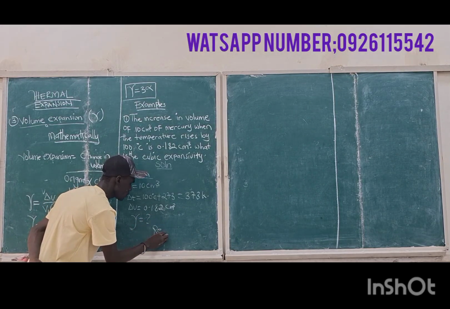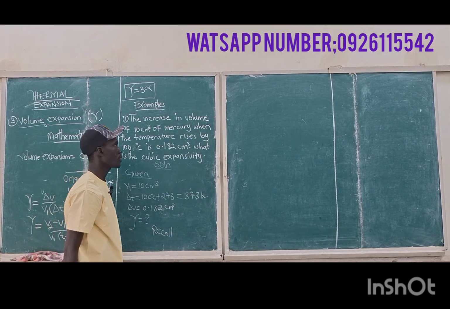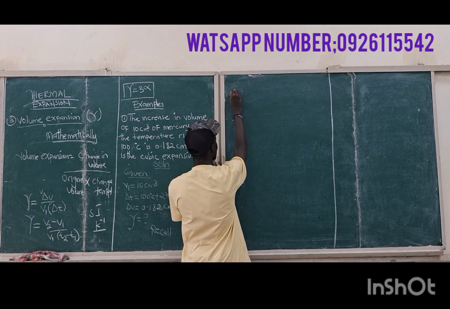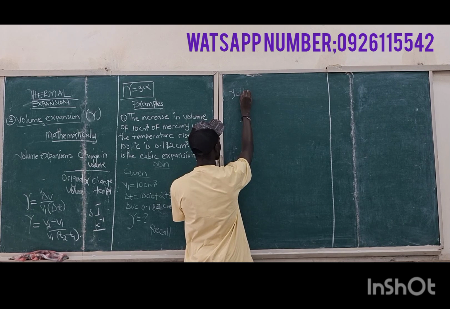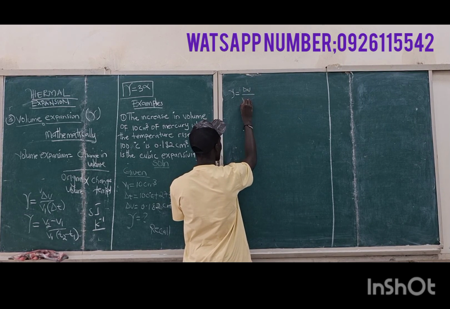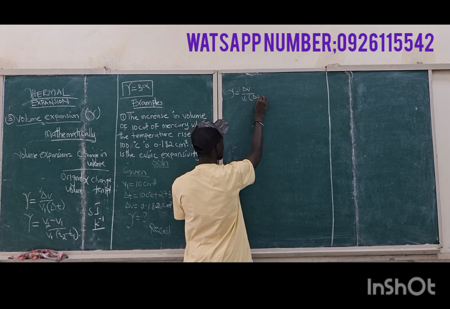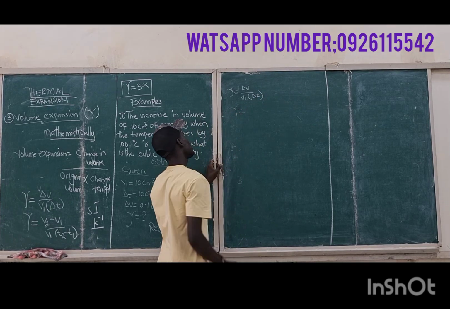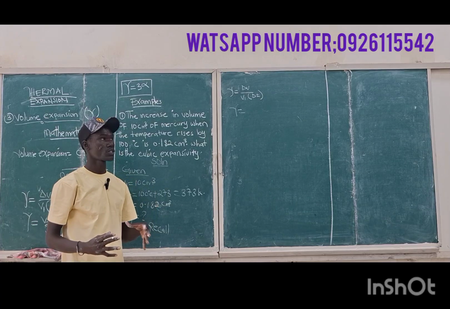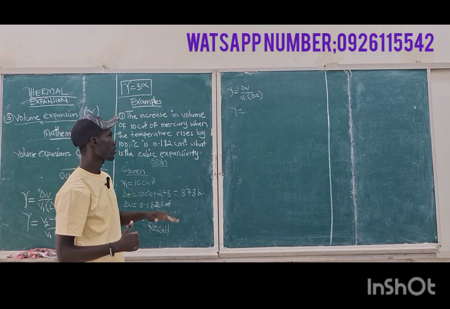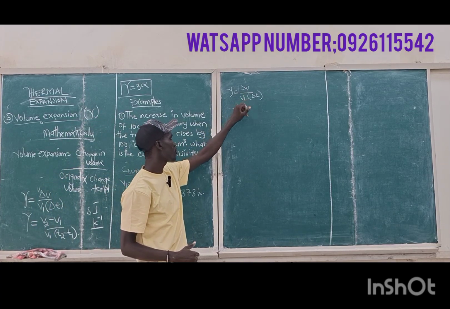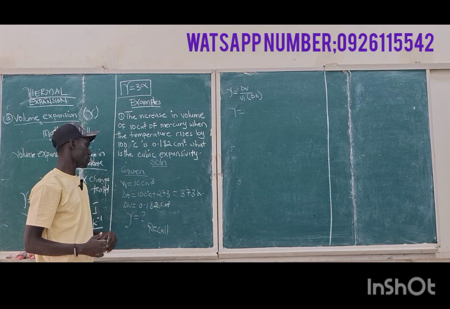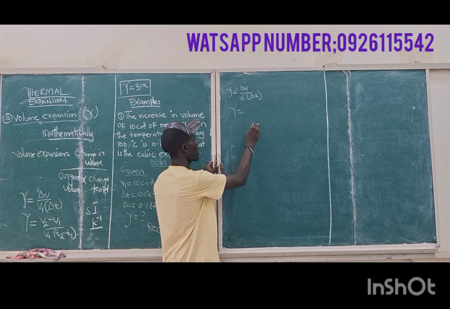But recall the formula. We say that gamma is equal to change in volume all over V1 times change in temperature. Here we substitute the values of all those terms. Looking at our parameters here, change in volume is 0.182. We are going to put it there,